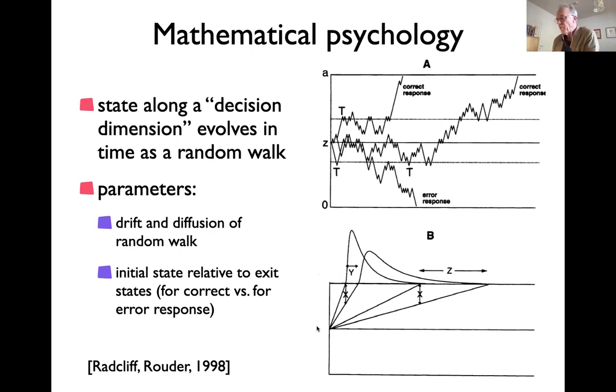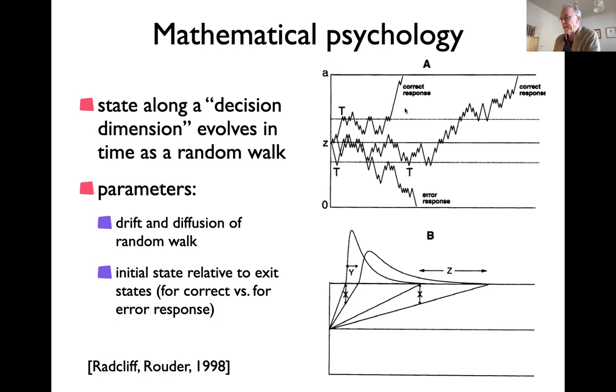So you have a total of 4 parameters, and then the observation would be that you make a certain choice and at which time you make it. So the time would vary randomly from trial to trial, and you can make 2 responses, the correct or the incorrect response. And these probability distributions, you repeat this many times. There are cases where people have repeated that 10,000 times in individuals.